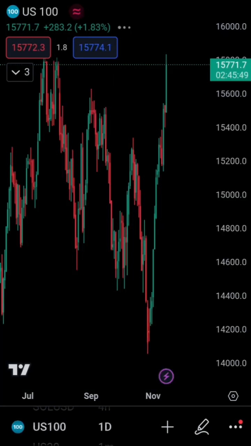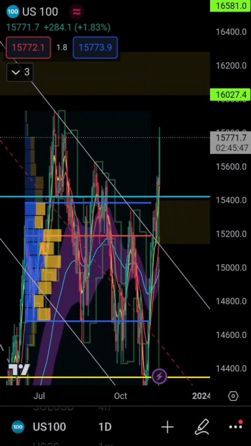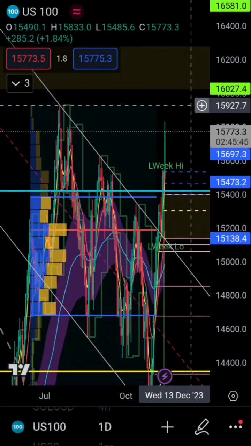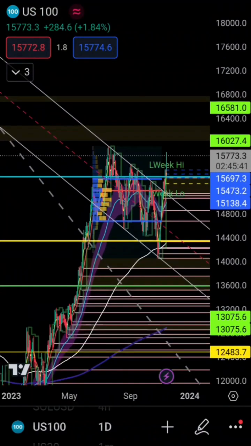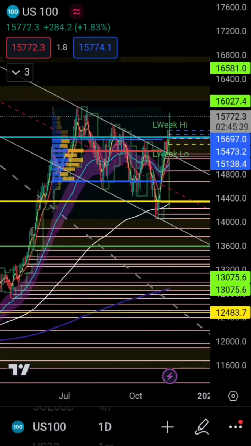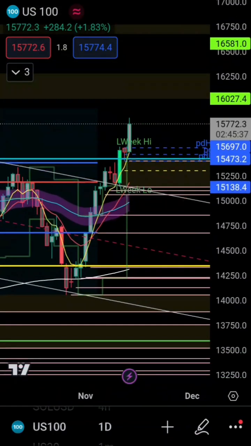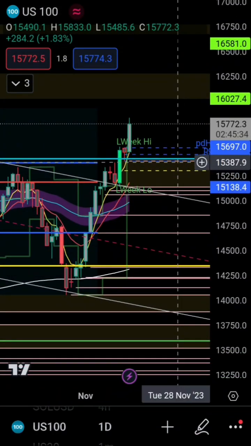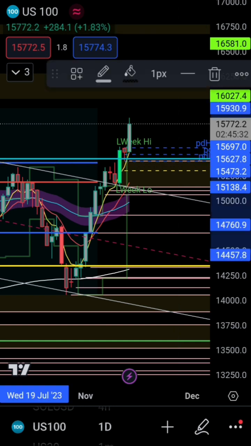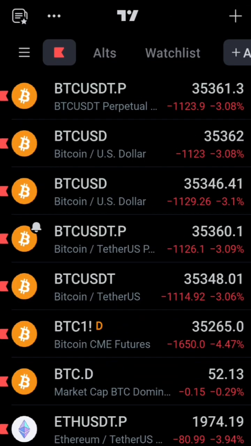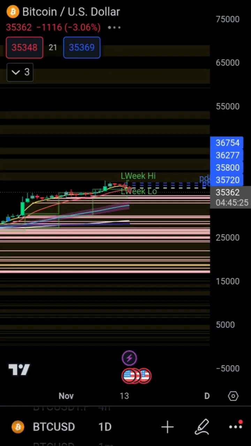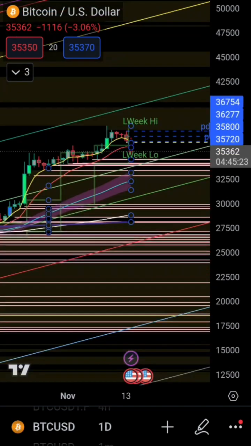We have to go to the Nasdaq. The Nasdaq will even move higher to these previous highs of 16K. Now, if the Nasdaq moves up, we would expect that Bitcoin and the traditional markets to move even higher. Nasdaq needs to hold, if it wants to move up, the 15,387. The problem that I'm finding here is that everything is moving up, but Bitcoin and the crypto market are moving down.